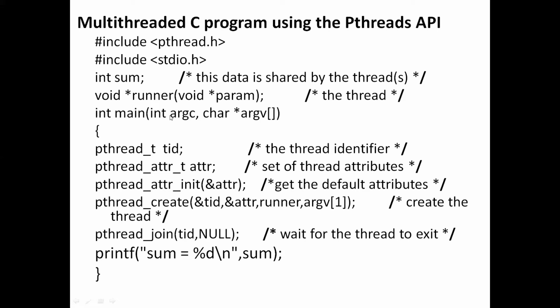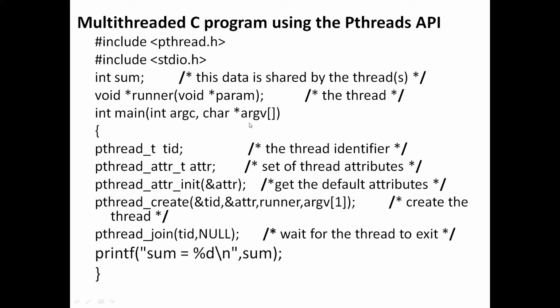So what value will argc consist of? Because here we are giving 2 arguments, the argument count is 2. The first one is the program name as argument 1, and the n value is argument 2. So argc will hold the value 2. Next, the character array we are reading, and the n value we give will be stored in this character array, the argument vector. This argv specifies the argument vector.